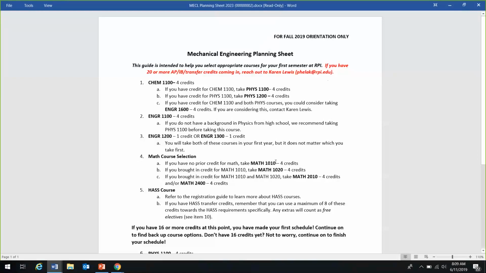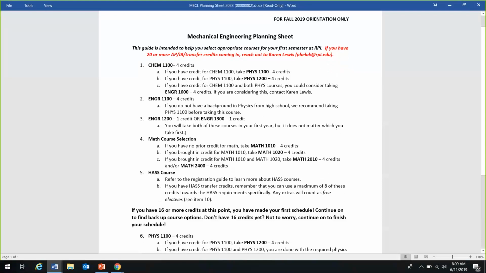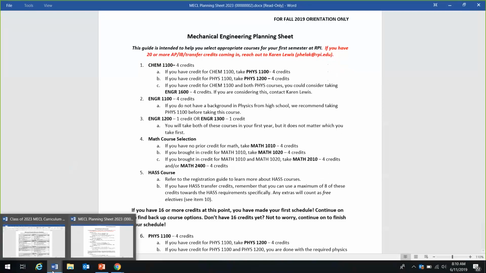So again, IEA here is another course that is required in that first template semester. And IEA, Intro to Engineering Analysis, if you don't have any experience in physics, I want you to perhaps postpone IEA till the spring semester and enroll in physics in its place. So simply going back to the template,